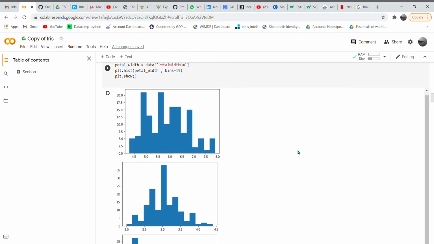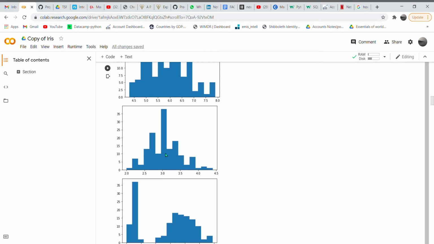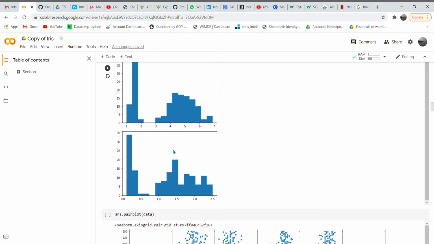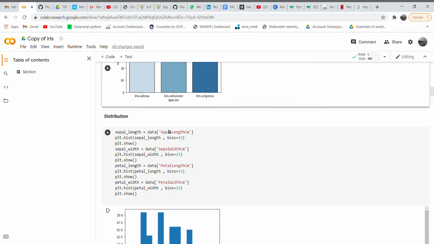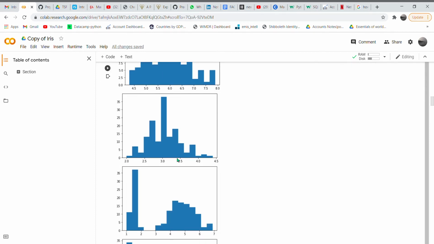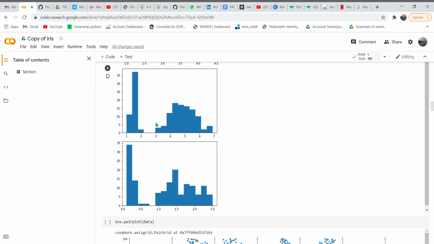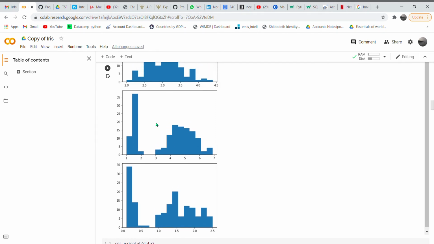If we visualize the sepal width distribution, it looks more like a normal distribution curve, with mean around 3.1, and deviation spread from 2 to 4.5. And the major irregularly distributed variables are petal length and petal width, which we can see here. These have a bit of outlier variation, but we can deal with that if we want.